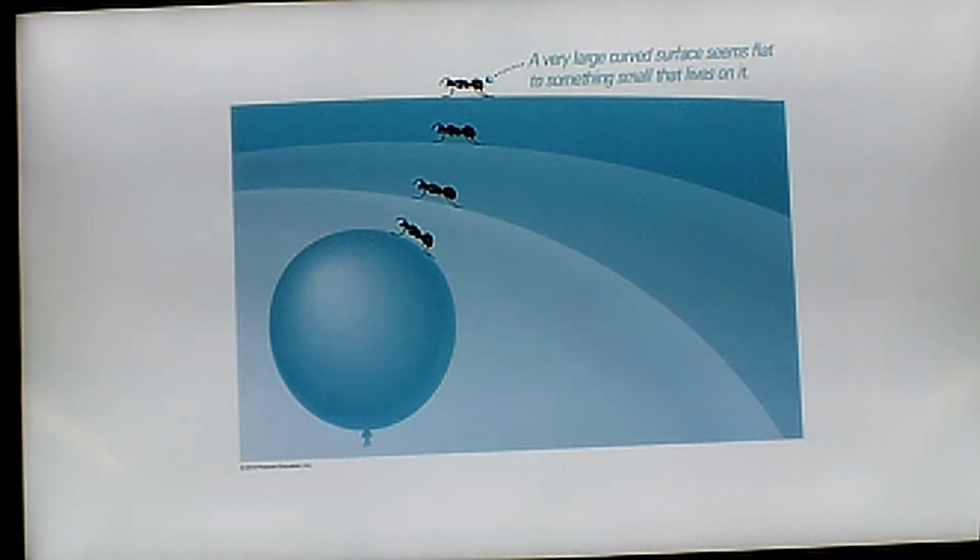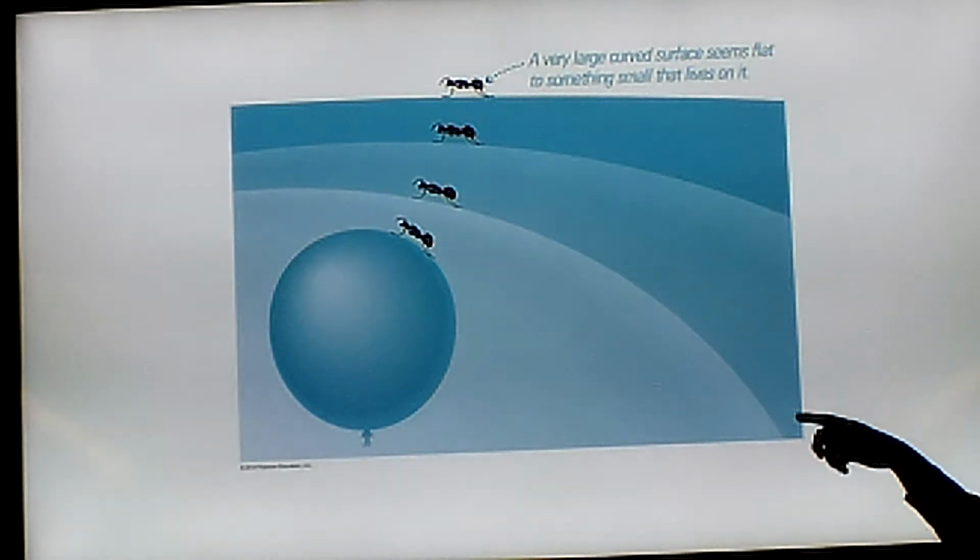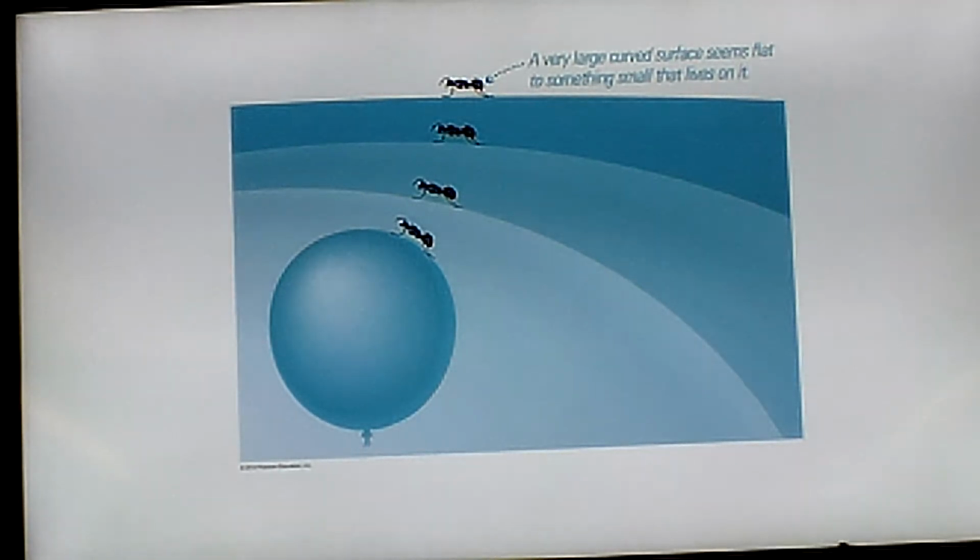Then they notice, hey, Fred, you seem to be going away from me. What's happening? Neither one of us is moving. It's because their universe is getting bigger, as depicted by the expansion of this balloon. So if there were two ants, they move apart, even though neither one of them is moving through the space that they live in, because some mechanism is inflating the balloon.